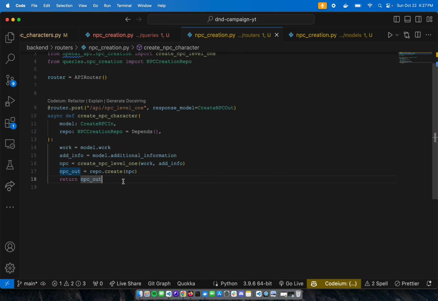So if the OpenAI gives us something, it's like 70, 80, 90% of the way there, and we just want to add a couple more things or edit a little bit, as the Dungeon Master, we can edit